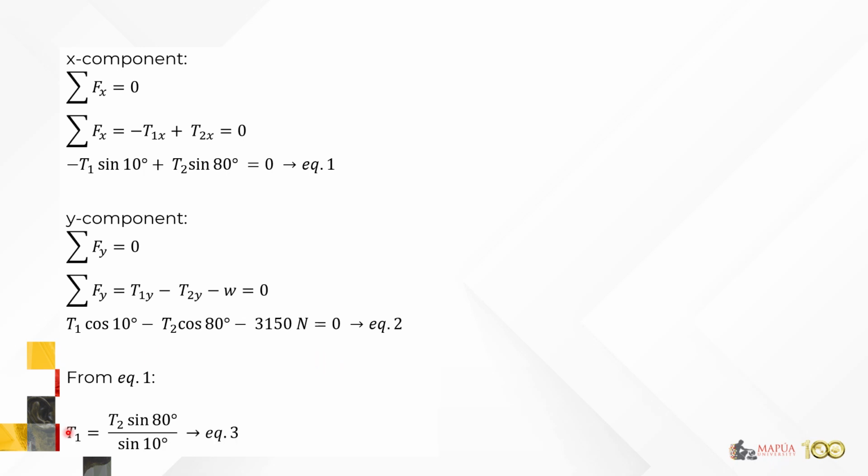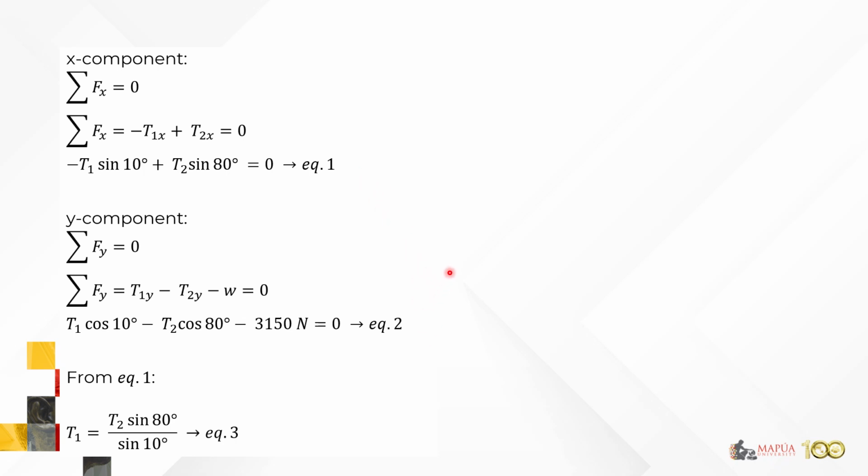Whatever you want to solve first, you have to isolate in any of the equations. In this case, we use equation 1 to isolate t sub 1. But you can also isolate t sub 2, either in equation 2 or equation 1. Any equation would do. You can isolate t sub 1 in the first equation, or you can also isolate t sub 1 in the second equation. Whatever equation you want, it's up to you.